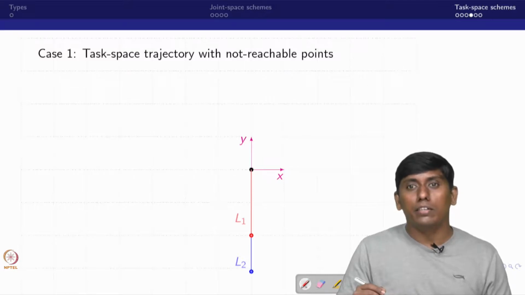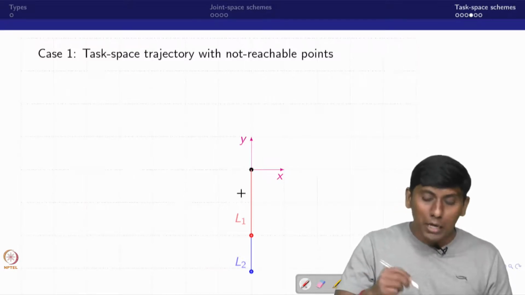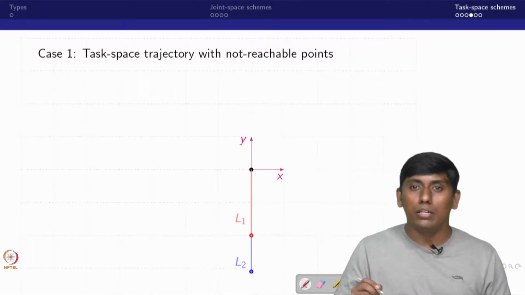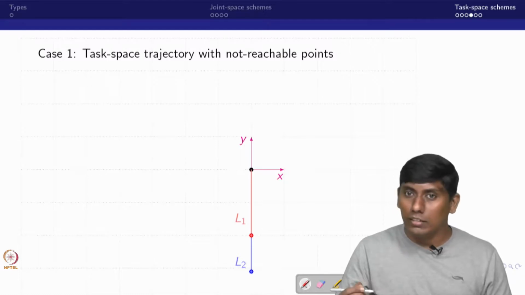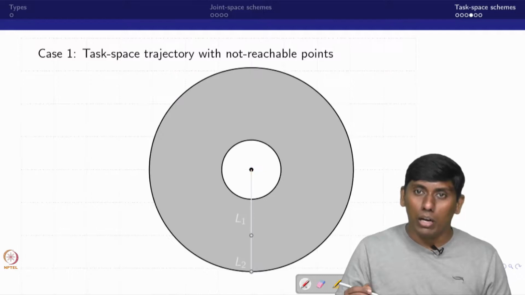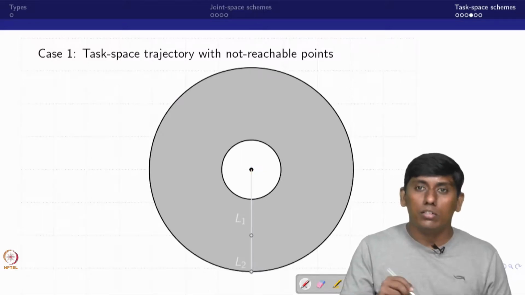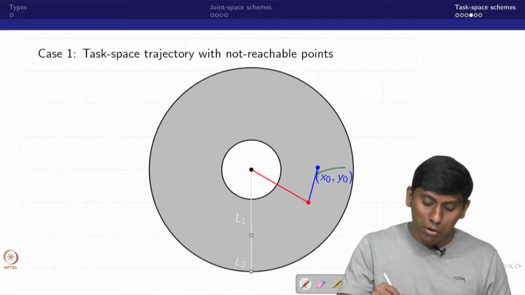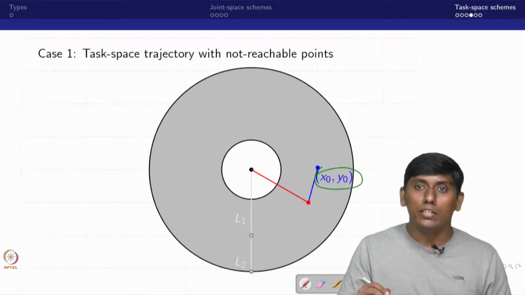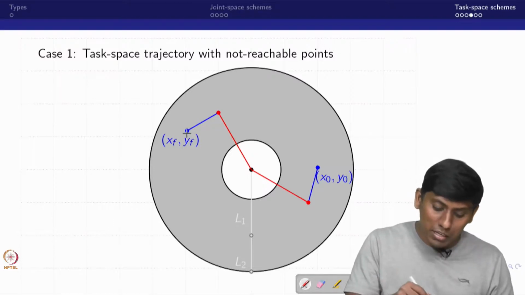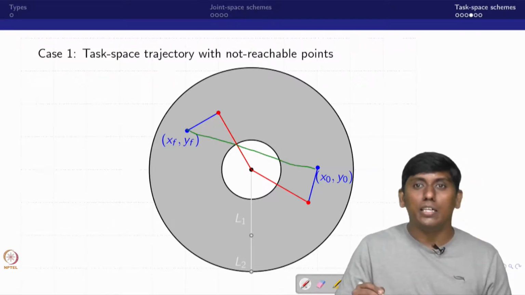For that we are just taking a small manipulator configuration where L2 is smaller than L1. We assume that both joint 1 and joint 2 can rotate 360 degrees. In the sense, the workspace would look like this. So this is the workspace. Now we take 2 points. One point is here, this is the initial point and this is the final point. Now you can see the path which is supposed to be generated in this way.